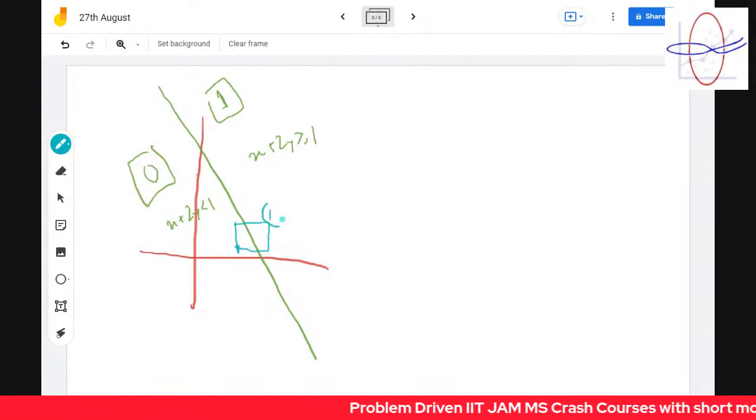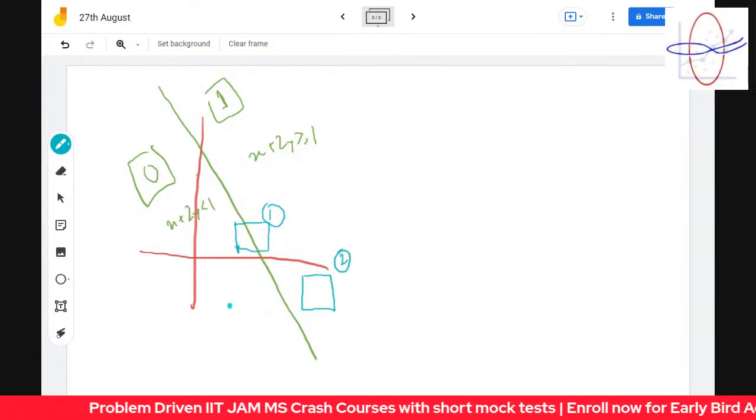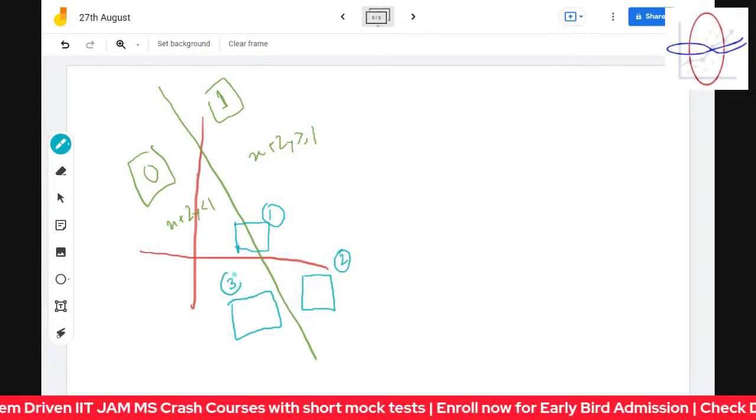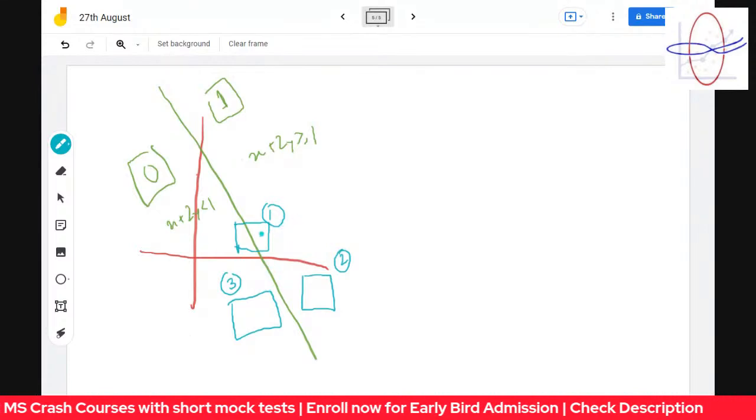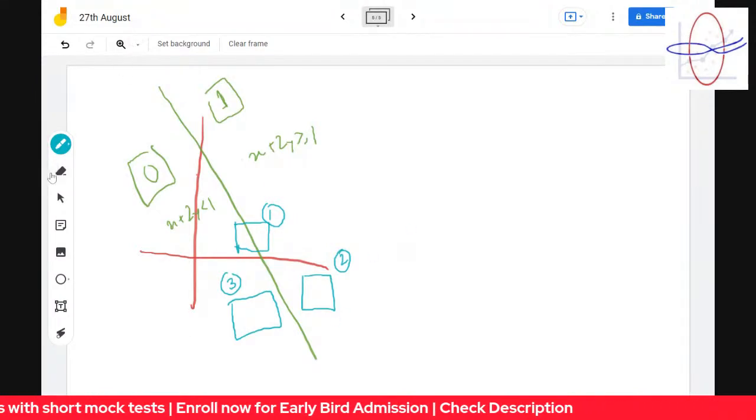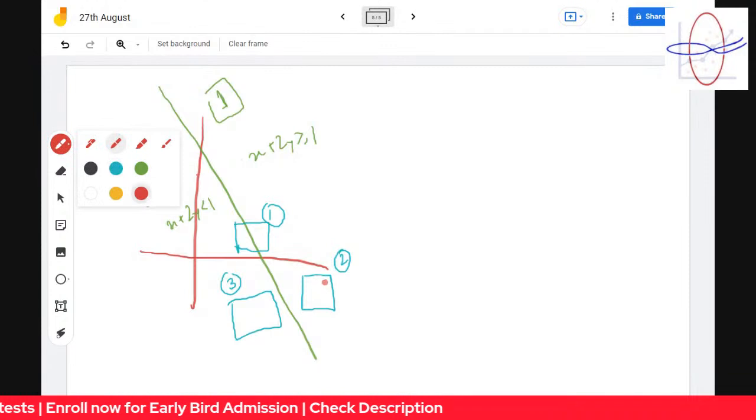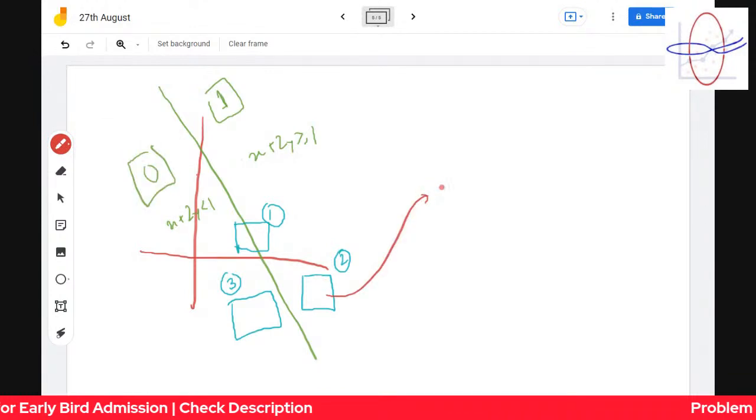This is rectangle number 1. Let's take a rectangle of this form entirely here, rectangle number 2. Let's take a rectangle of type 3 entirely on this side, rectangle number 3. Okay, so let's understand this. Take this one and understand f of x comma y for all the corner points